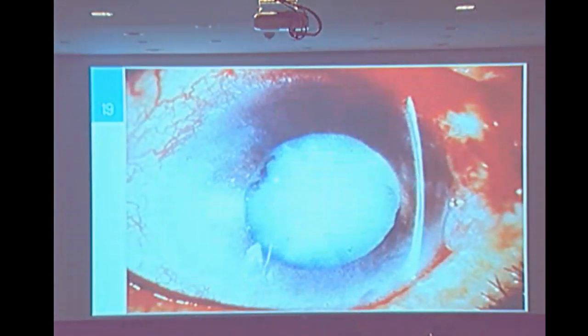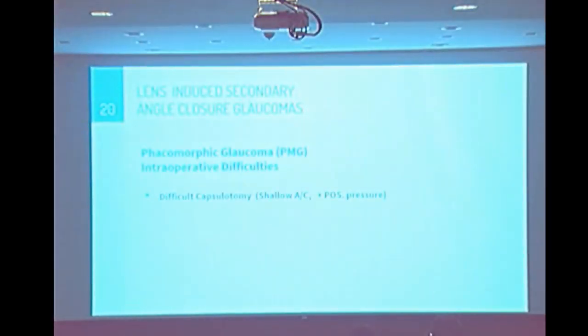This is one of our patients, by the way. So how can you do a capsulotomy from the chamber in such a situation? This is not an easy thing. So we need to do something. Difficult capsulotomy, as we said. So what we do, and this I learned from my teacher, Dr. Karim Toma, is do a simple